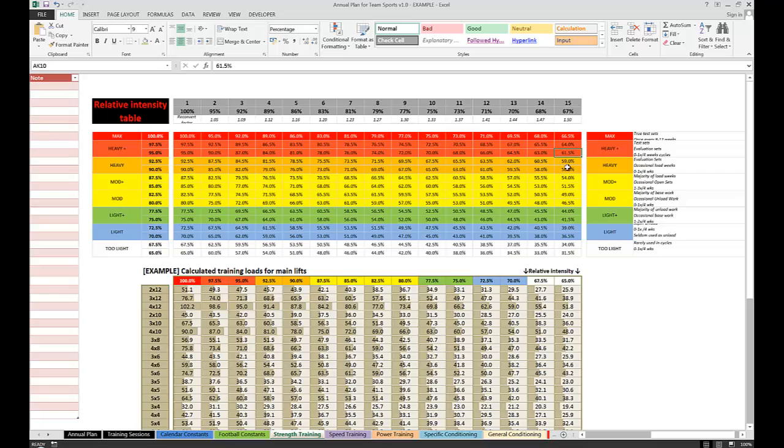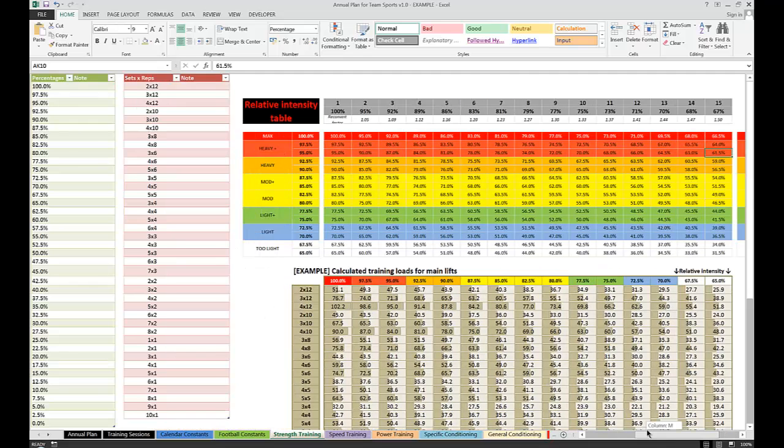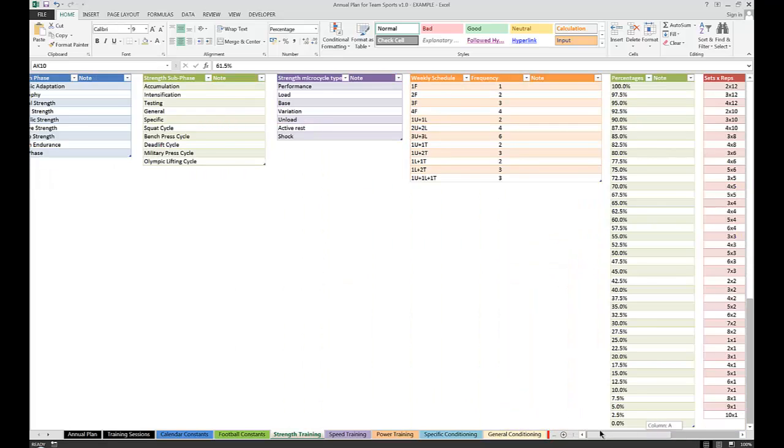You can edit these percentages. You can edit the percent rep table also if you use something else. In this example, for each cell it's 2.5% less. So dropping from this cell to this cell for each one is 2% less. It doesn't necessarily need to be that. As I said, you can change it, especially for higher reps. A bigger drop might be needed to keep a similar relative intensity for a given set and reps. So going back to the annual plan,